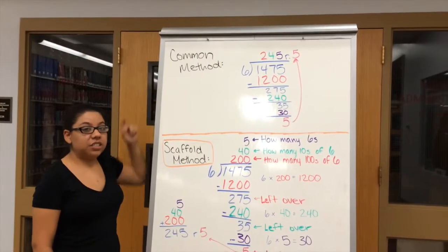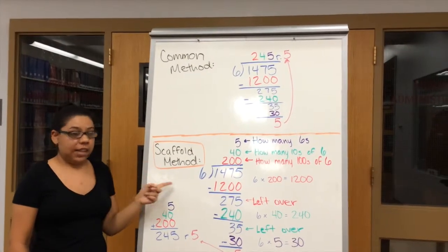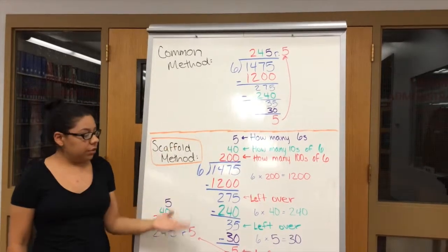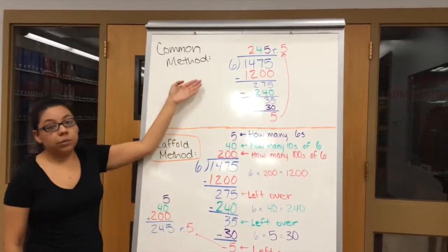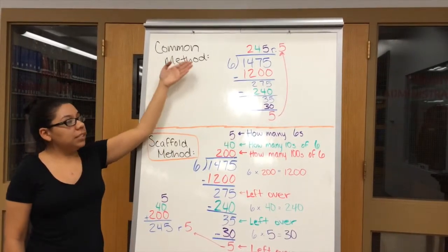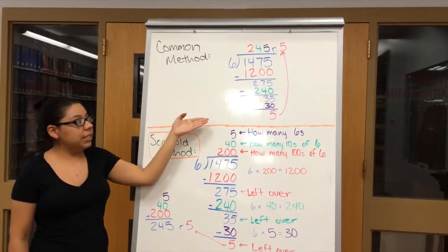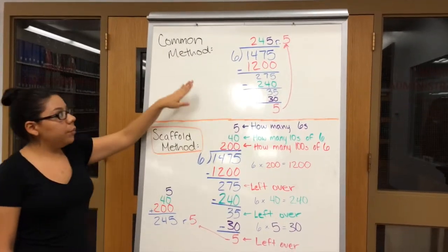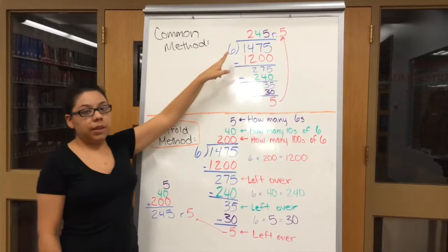This method is just a condensed version of the scaffold method. So once you get used to this method, you can go ahead and move on to this, which is just condensed. As you can see, it's pretty much the same thing. You're still dividing